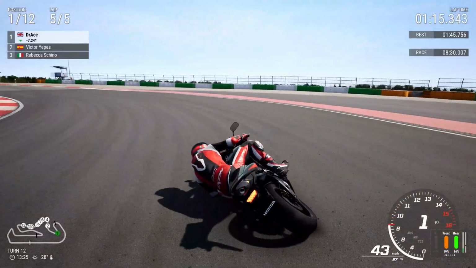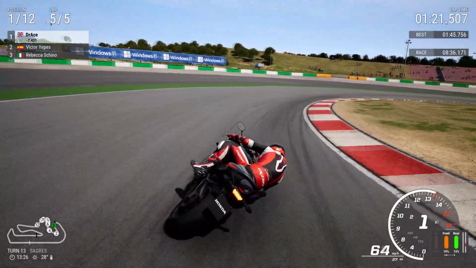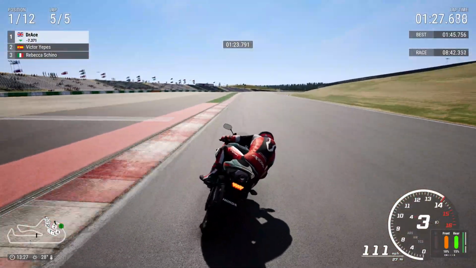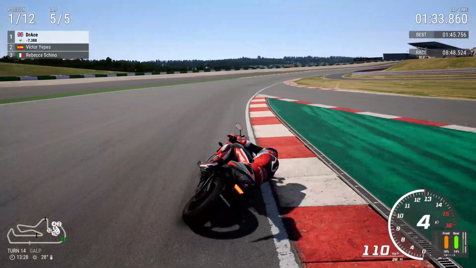A little bit wide into turn 12. Unfortunately, mistakes have been made, and the front tyre is beginning to scream. It's now getting to a deep orange. It could be red by the end of this lap, but a 7-second advantage has been dropped on the lap time. But this time around, we're going to focus on not getting a massive slide coming out of the gulp,